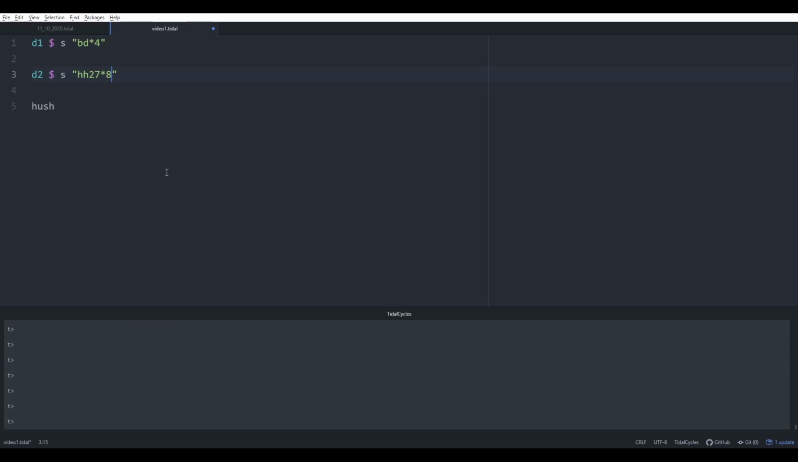Okay. So you can hear that the hi-hat is happening more often than the bass drum. It's happening twice as often. In the time that you have 4 beats of the bass drum, you actually have 8 beats of the hi-hat. And the reason why is that the cycles in TidalCycles is that